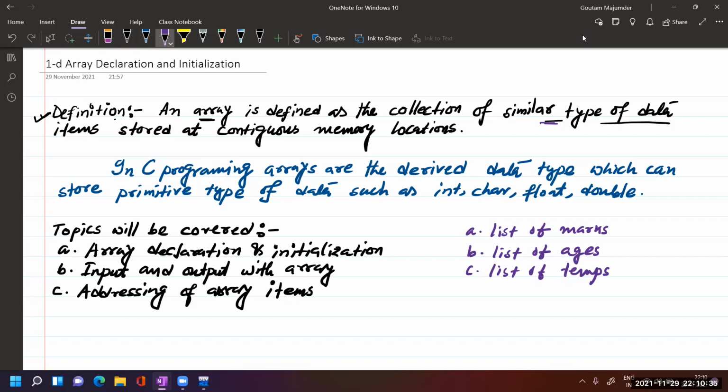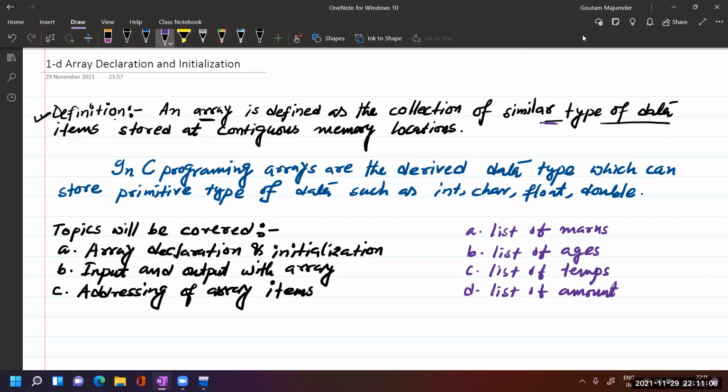Suppose you are going to the market and you are purchasing different types of items. So we can say a list of all the expenditures, a list of amounts, item wise. See what the main important point is from these examples: multiple values can be represented against one name.